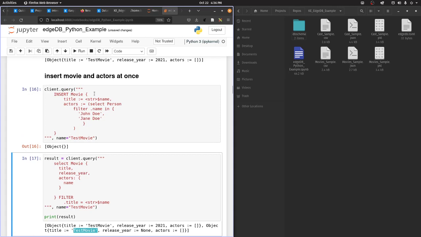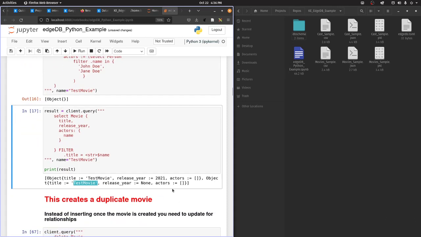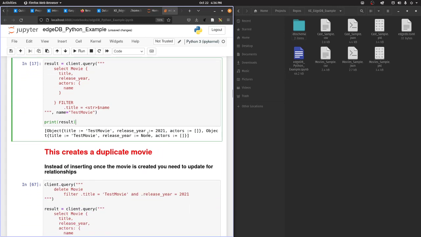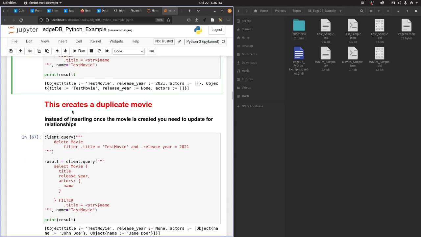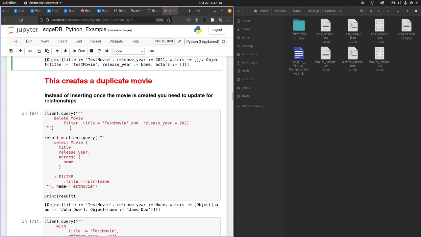And interestingly, although I thought it should have worked, we did not get actors into either of those. I might have to troubleshoot that later. But like I said here, this creates a duplicate movie. So instead of inserting a new movie, we need to update the relationships